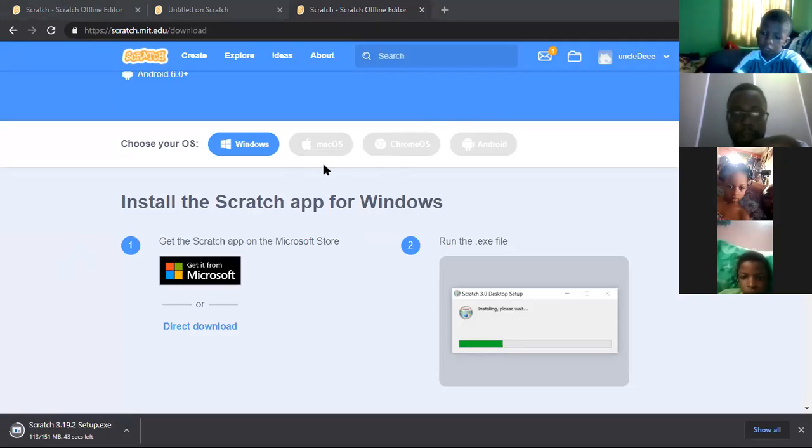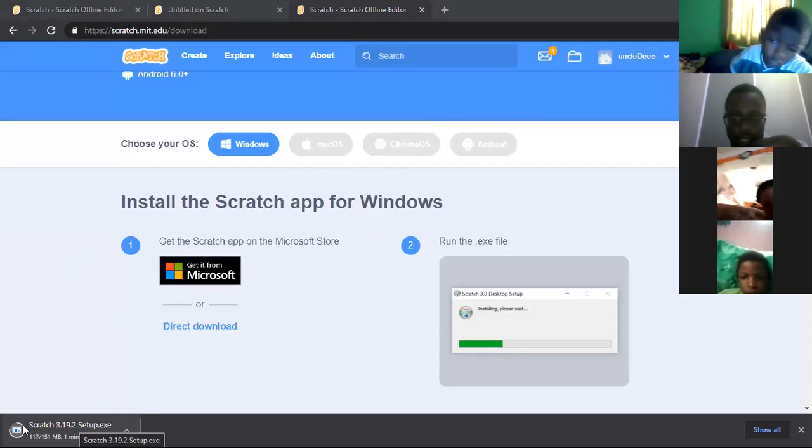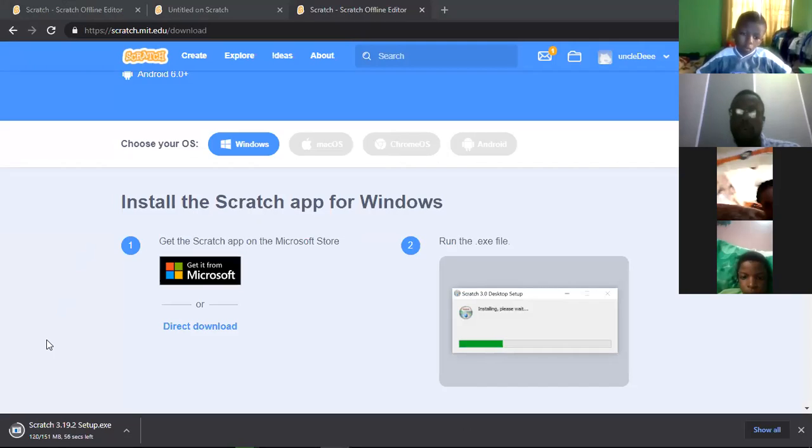You can see here, I'm already downloading Scratch 3.19.2 on my system. It's almost finished downloading. Maybe I can take like 5 minutes to show you how to install, but the video will actually do justice to that. Is everybody fine? Do you have any question before I welcome Uncle Abraham to start taking us the class?